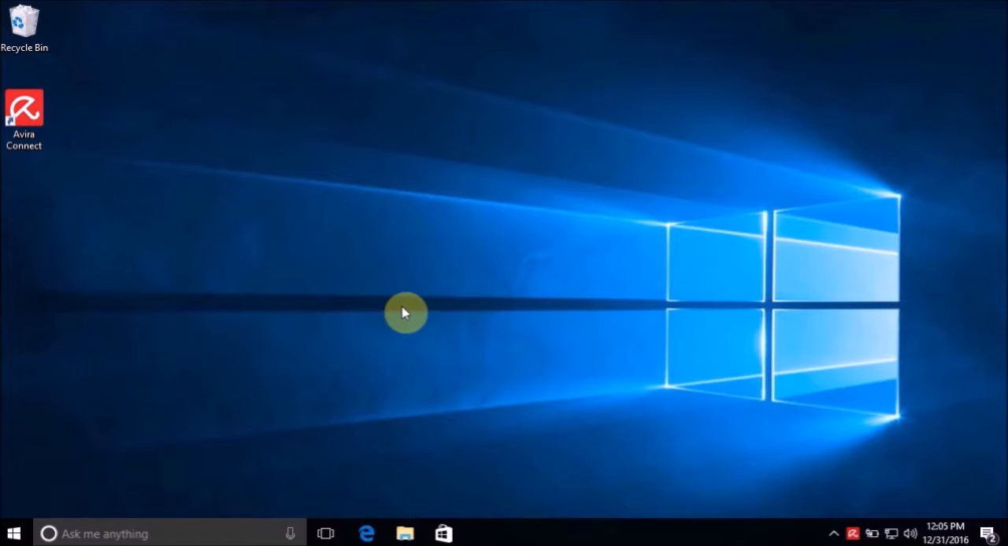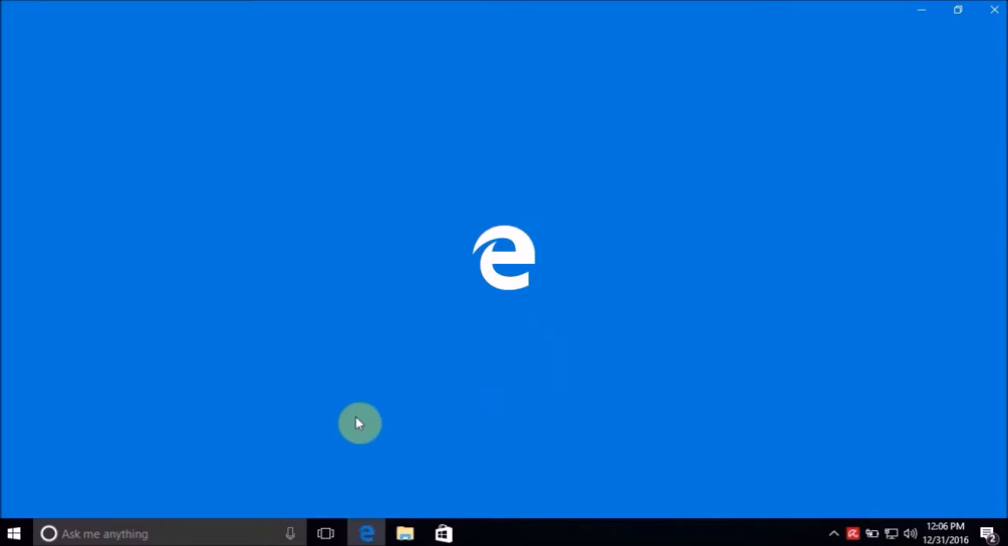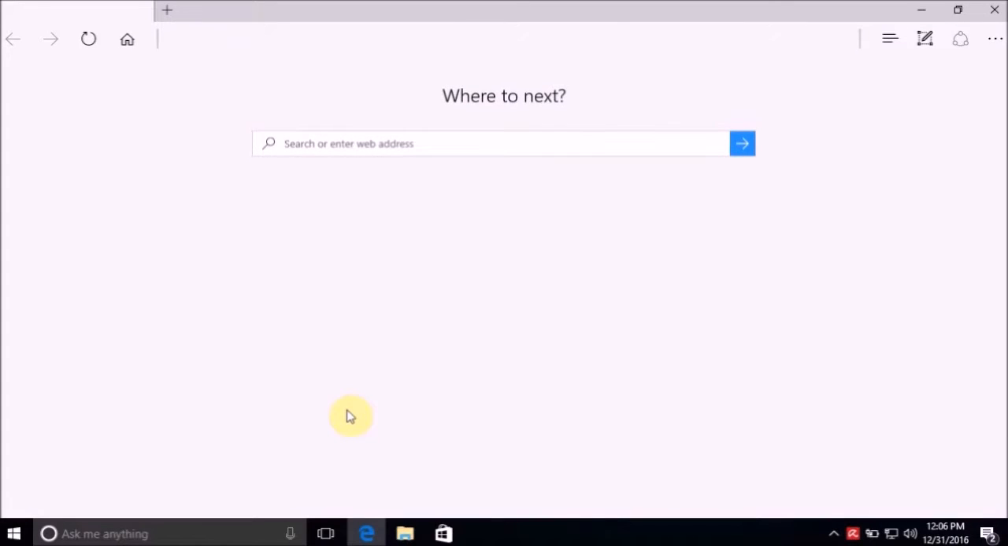Today we're going to talk about cleaning up some junk files, some temporary files, and going through and freeing up some hard drive space. Okay, first off we're going to do a search for CCleaner. So we're going to go ahead and go to google.com,